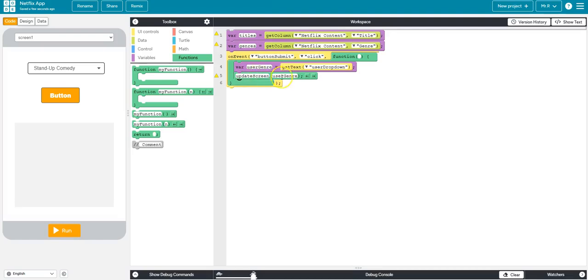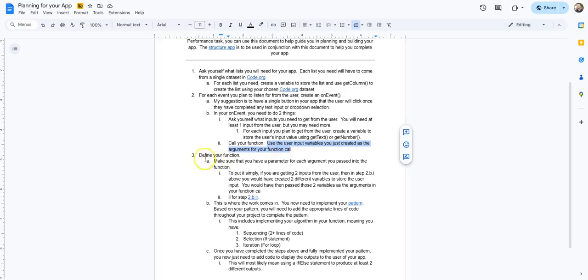Right, so I'm going to call update screen and I'm going to pass in user genre. So now I need to define my function. Make sure you have a parameter for each argument you passed in. To put it simply, if you are getting two